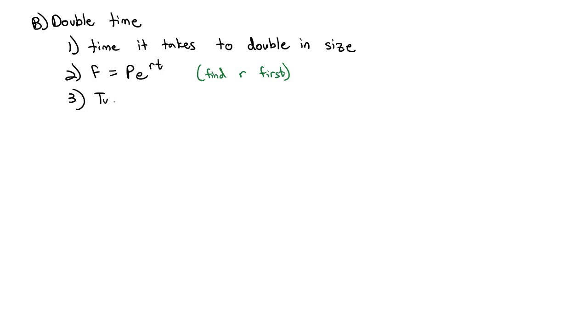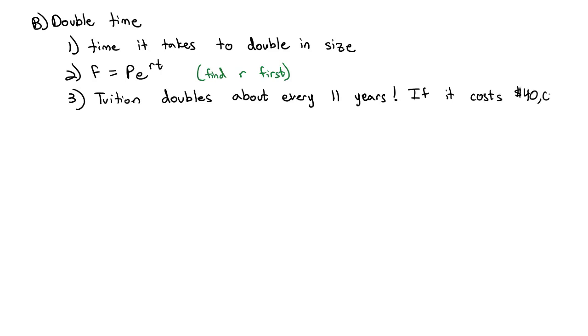For example, college tuition doubles about every 11 years. So if it costs $40,000 for a freshman now, what will it be in 4 years